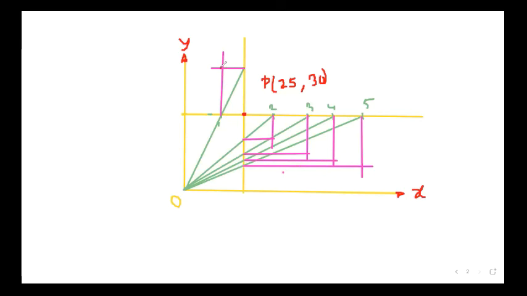So now, what are the points? This one, P, will already be there. Then this point, then this point, this one, this one. Now, if we draw a curve like this, so this is the hyperbola curve, the rectangular hyperbola curve.